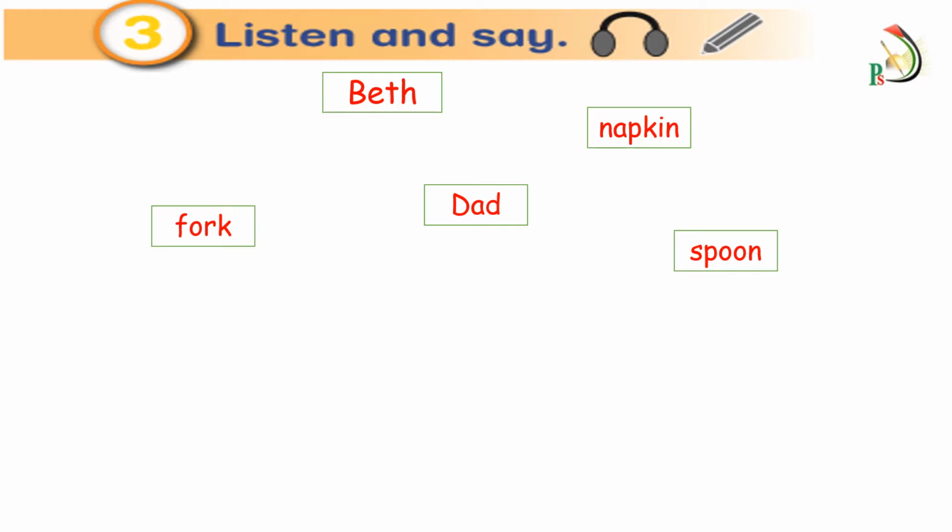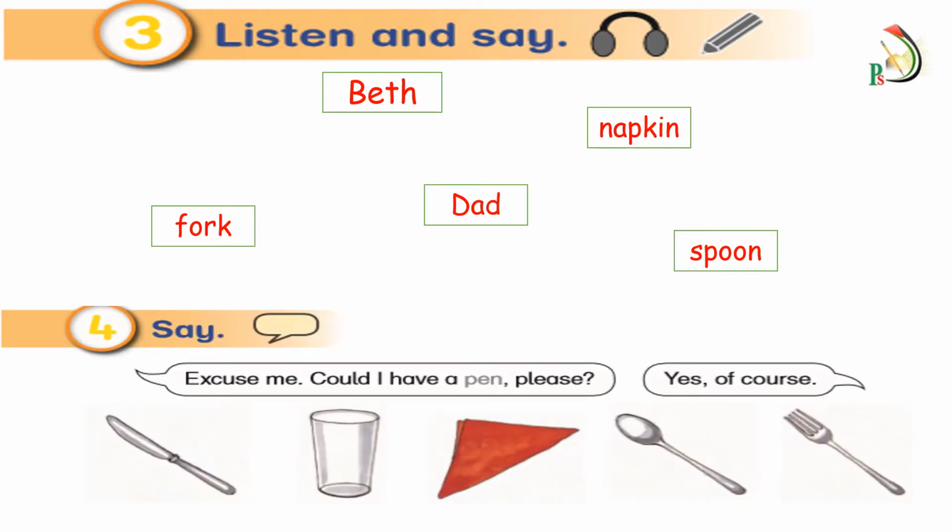Excellent. Great job. Now, let's move to activity number 4. Say. In this activity, I want you to imagine that you are at the restaurant, and I want you to ask for some of these things at the restaurant. For example,